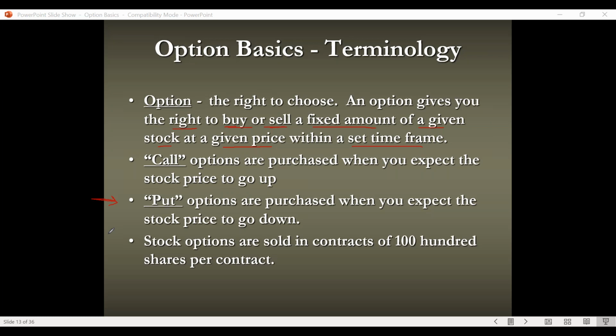Or how do I protect my stock? I got all these stocks. Jerry just said the market's going down. How can I protect those? You can protect them with a put option, where that put option will go up in value, and it might offset the losses in your stocks going down in value. That's what they call a protective put. I'll talk about what protective puts are later on as well.